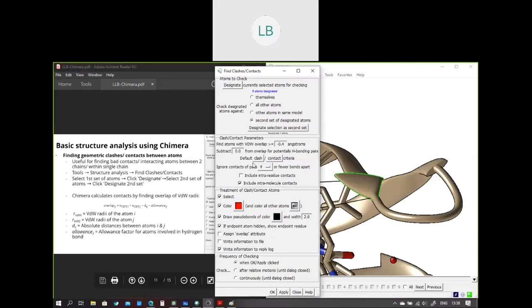Which is why the default clash criteria is 0.6 and the default contact criteria is minus 0.4 angstroms. So this is how we use the criteria to find clashes or contacts. We'll just keep this reply log. It's a useful way to find out if there are any errors in whatever we are doing.